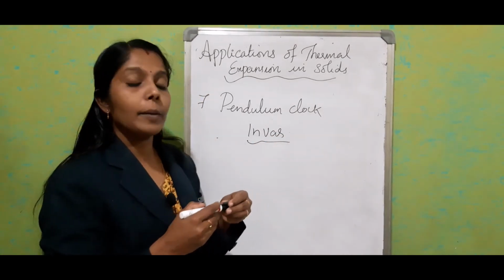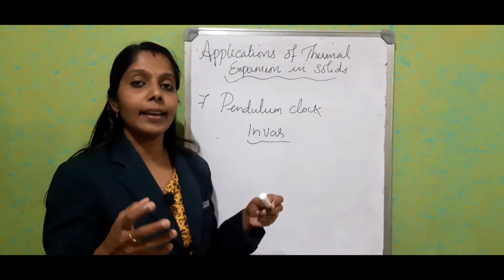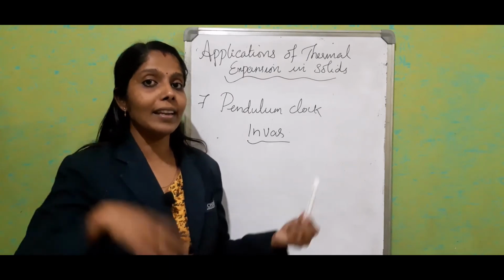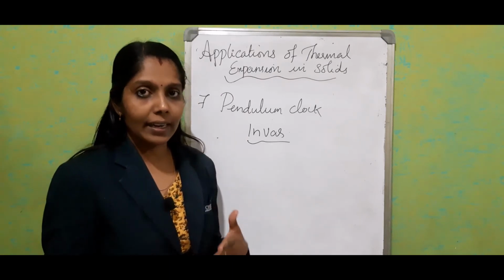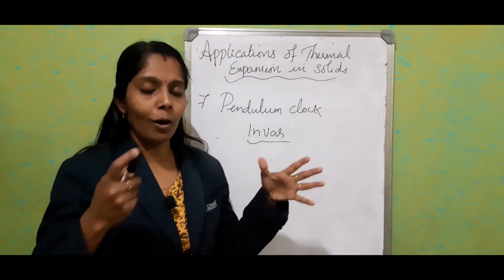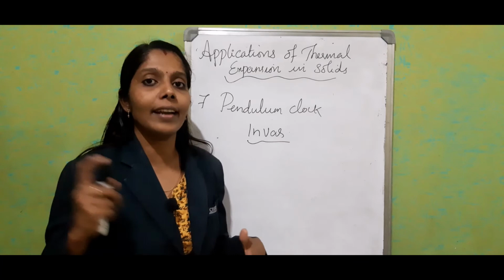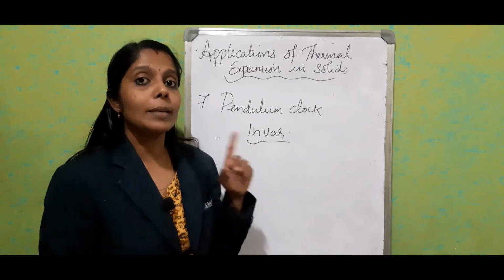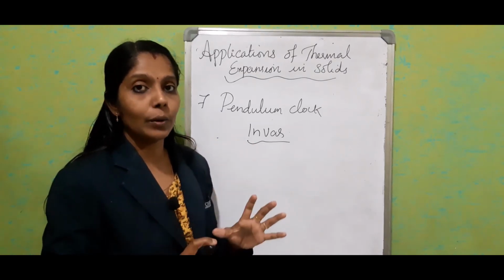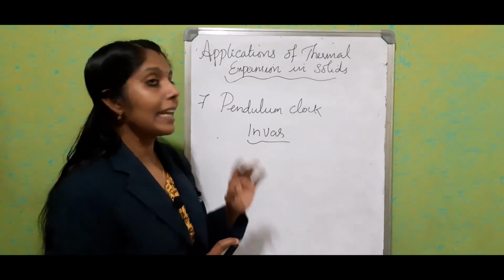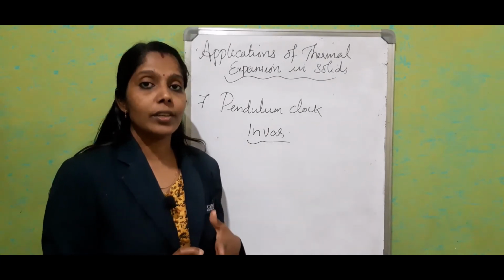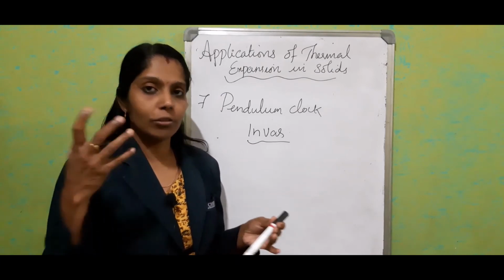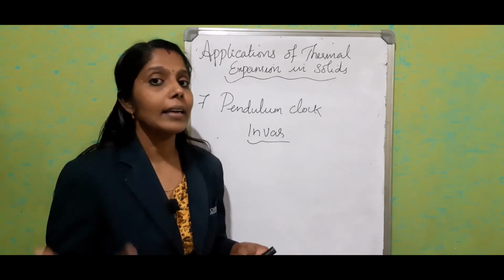Otherwise, if the expansion rate of the pendulum were more, what would happen in summer? Our 1 hour would be more than 60 minutes, and during the winter season, our 1 hour would be less than 60 minutes. Are we getting such kind of time? No, throughout the entire year we are getting the same time with a pendulum clock, because the pendulum is made of a special alloy of iron and nickel called Invar. The coefficient of linear expansion is negligible, nearly zero. It's not exactly zero, but it never affects the timing.